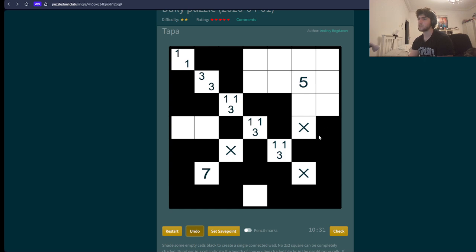This cell would have to be shaded in, which means this cell would have to be shaded in. These two cells have to be connected somehow, and you can't go the other way. 1, 2, 3, 4, 5. So yeah, I think this has to be shaded in. So then you go 1, 2, 3. It's either 1, 2, 3, 4, 5 like that, so these two cells are shaded in, or it's this and this, or this and this. With a couple of different options here. What we definitely know